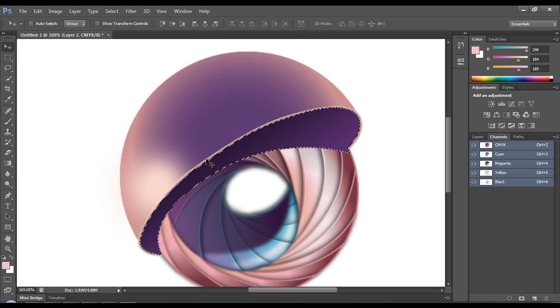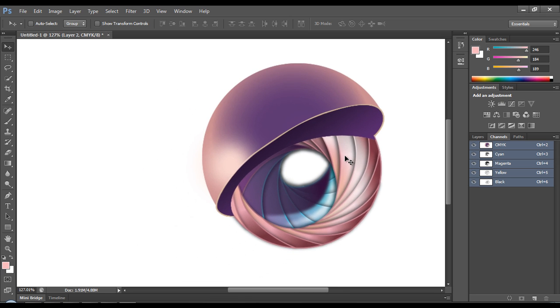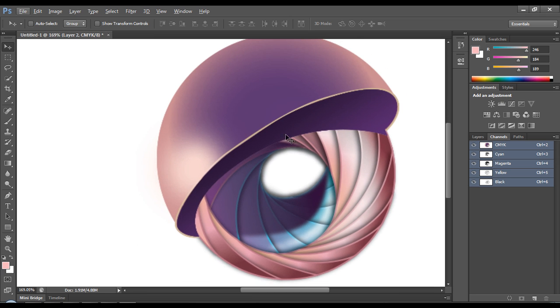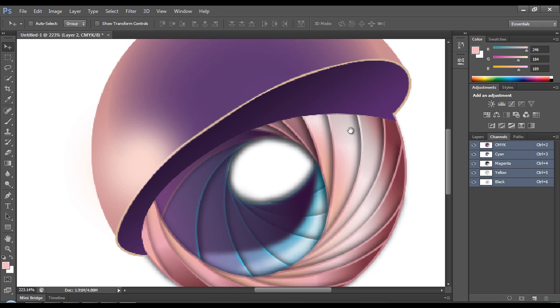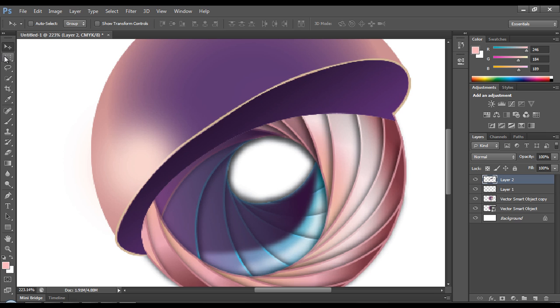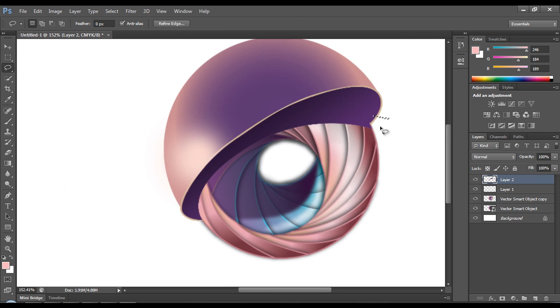Now if you press Control D, let's give some blur effect around here. So I'll use some selection area. From here, Control Z, selecting from here, I'll select this whole area from inside, almost the whole.